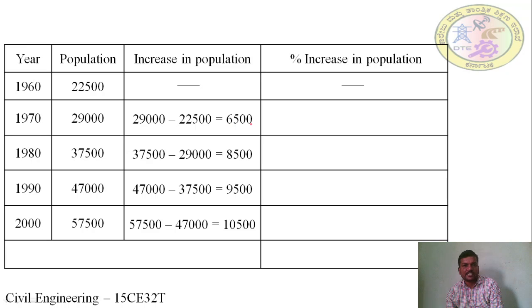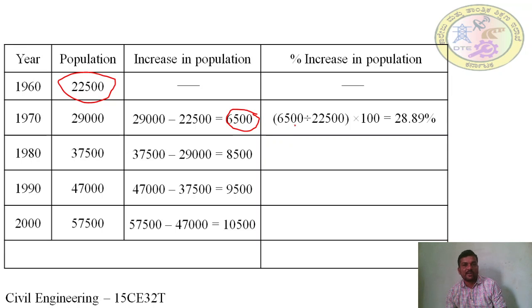So, here the increase in population is 6,500 with respect to 22,500. So, the percentage increase in population is 6,500 divided by 22,500 into 100 is equal to 28.89%. Here, percentage increase in population for the decade 1980 is